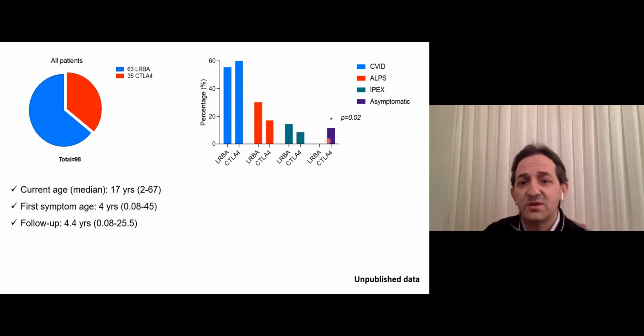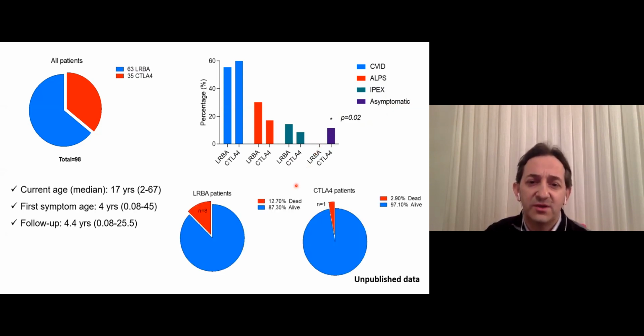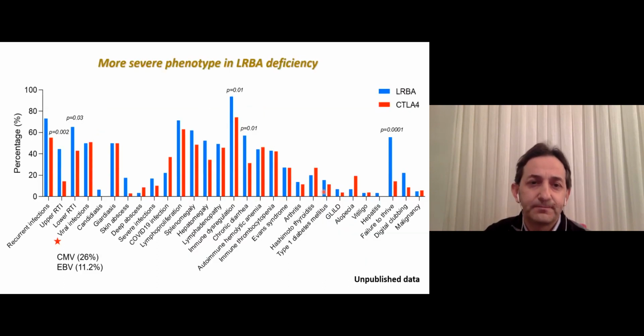There were 4 patients with CTLA4 haploinsufficiency as unaffected carriers, while LRBA deficiency presented with full expression. At the end of the study, 8 patients had died in the LRBA cohort, while 1 patient had died in the CTLA4 haploinsufficiency cohort. And when looking at the clinical phenotype of those disorders, they are quite similar, but there are some differences,